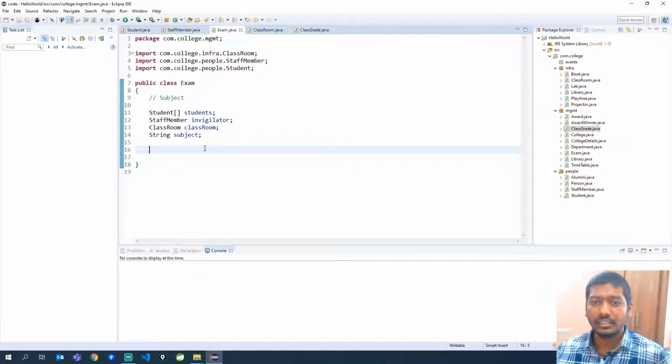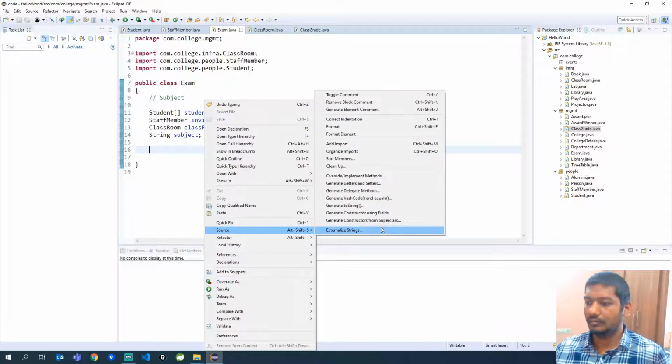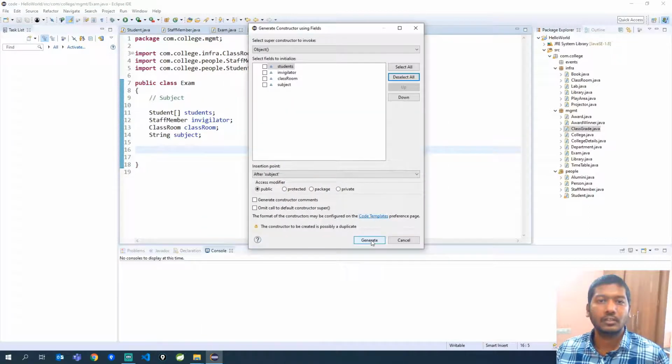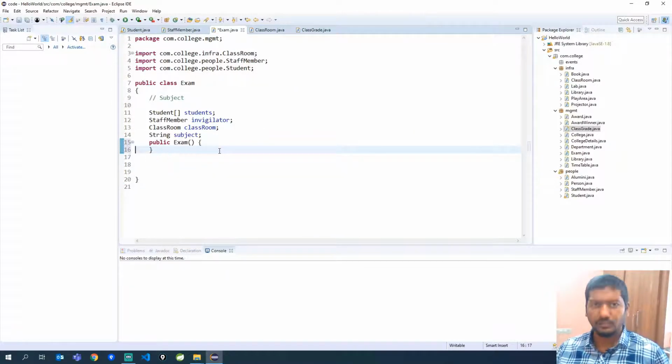Now this constructor, I want it to be an empty constructor. I don't want to take data members because I first will create an exam object, and to that exam object I will assign some values. Deselect all and click on generate. We don't need the super.